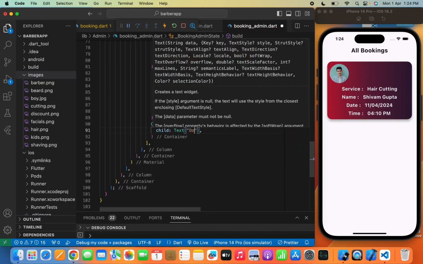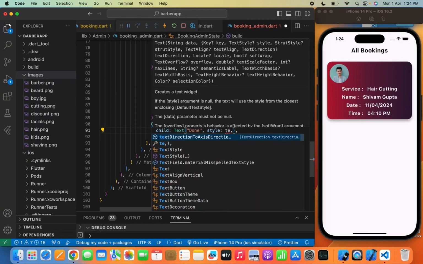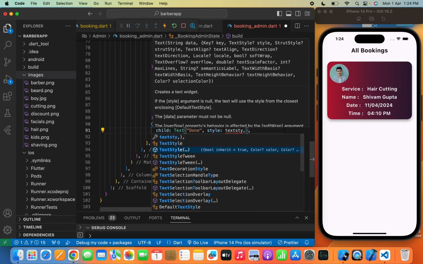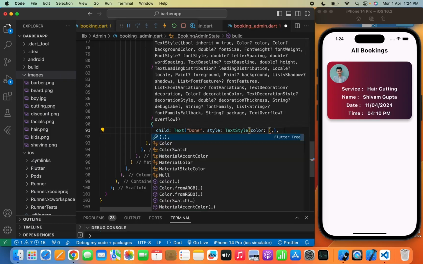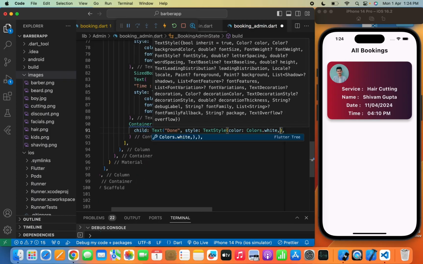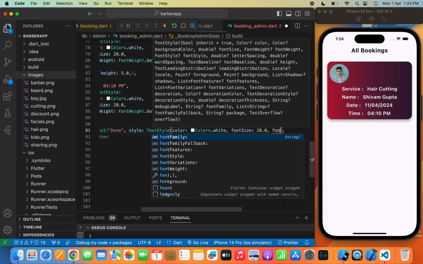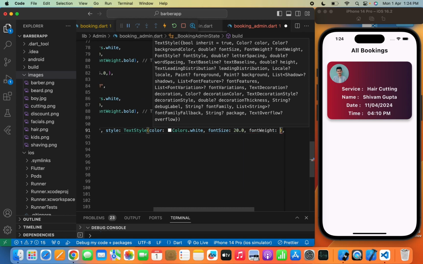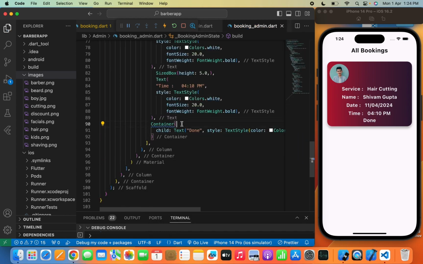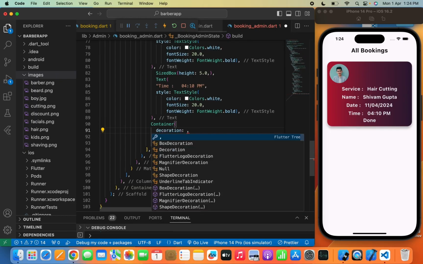I will write done, style TextStyle, color equals to Colors dot white. Yeah, now we need to provide the